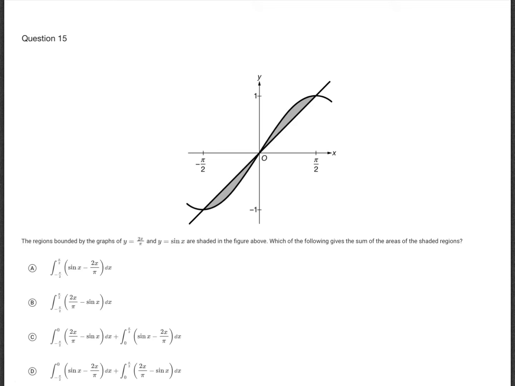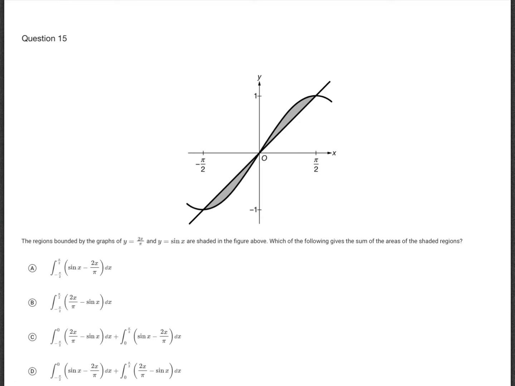Okay, so the regions bounded by the graphs of y equals 2x over pi, that's this straight line, and y equals sine x, this curve here, are shaded in the figure above. Which of the following gives the sum of the areas of the shaded regions? Okay, this is just like 14, where we'll look to see where they intersect, and those will be the intervals wherever they enter. Last question, 14, they told us where they intersect. Here we'll have to figure out where they intersect,